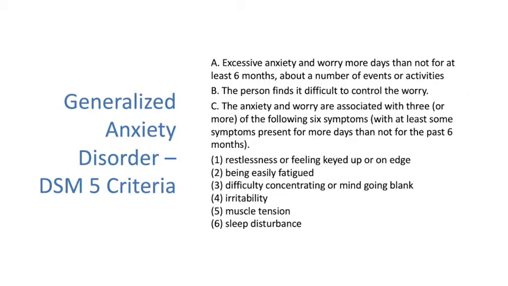Okay, so it's the experience of very excessive and uncontrollable levels of worry, and the worry typically is about a number of aspects of people's lives. So when people suffer from generalized anxiety disorder, their worries are often about school, work, finances, and relationships. So there's no particular theme to this worry. It's just that the worry is extremely excessive and very difficult to control, happens within 6 months, and comes along with